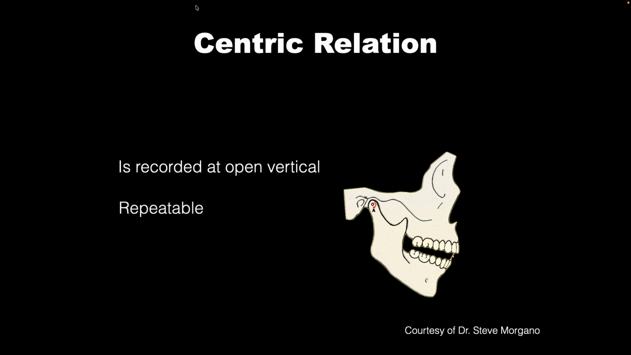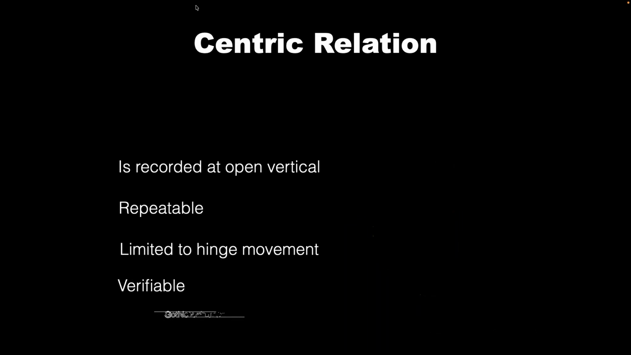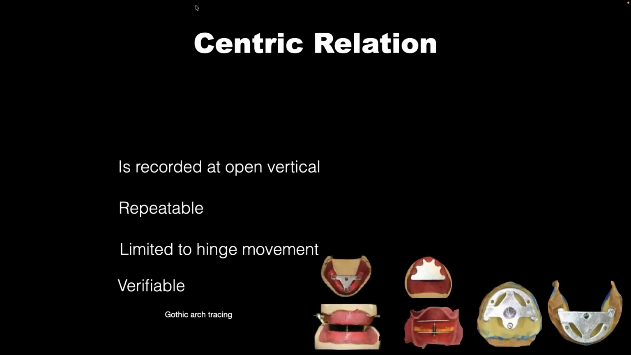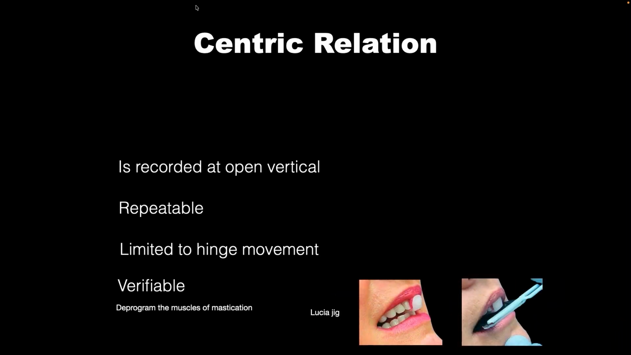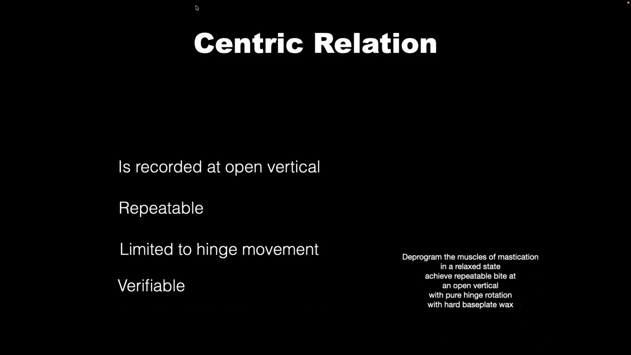We know it's repeatable, so you need to verify it. You record it, then you verify it, and if it's different, you have to do it a third time. And then once you do it the third time, the fourth time will be, you guessed it, verifying it. Okay, so you got to make sure that it's repeatable. It's limited to hinge movement, no translation. Okay, and again, it's verifiable. There are many different techniques to capture CR, the cartridge tracing. There are devices such as the Lucia jig, which was developed by Victor Lucia, and other techniques to record the CR. But most importantly, you got to remember,